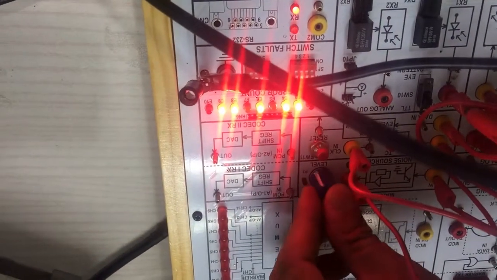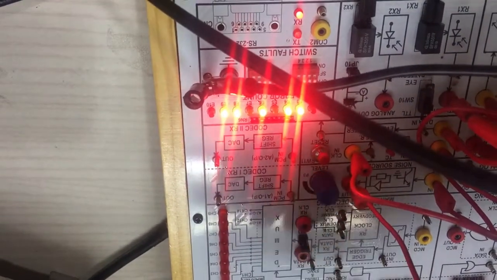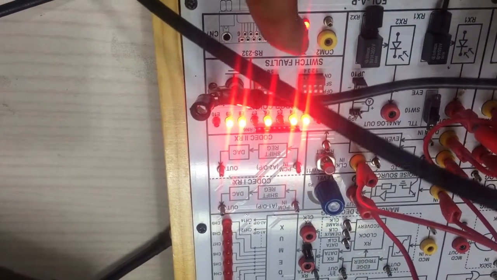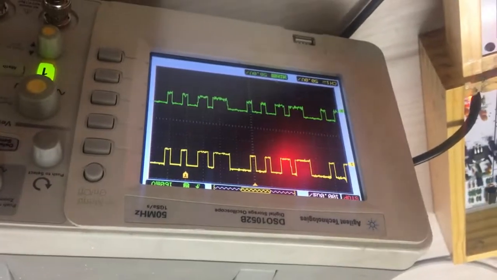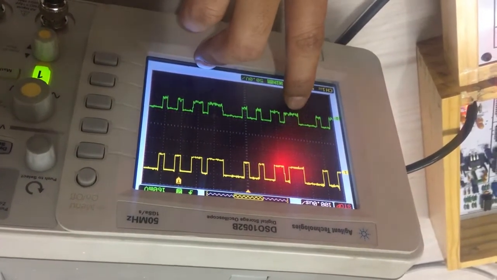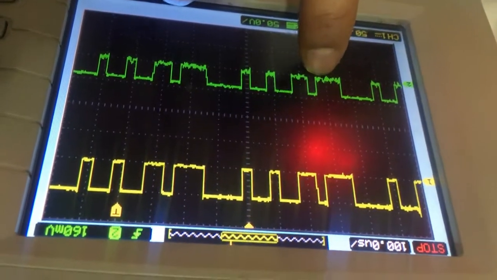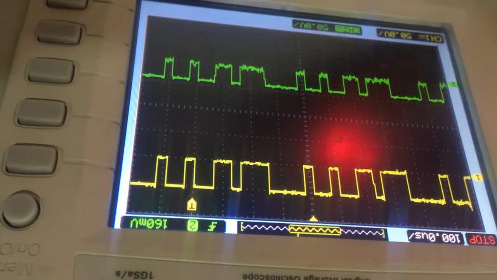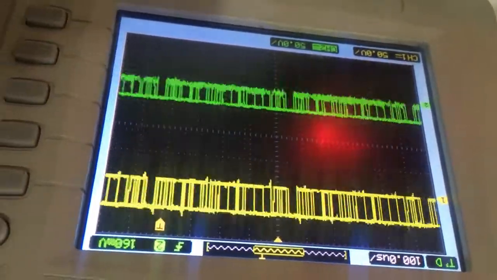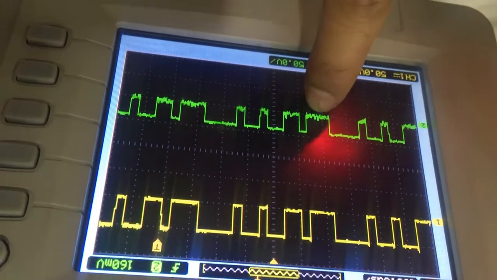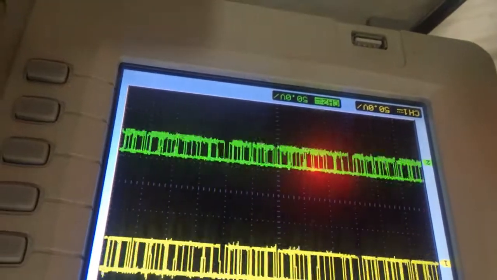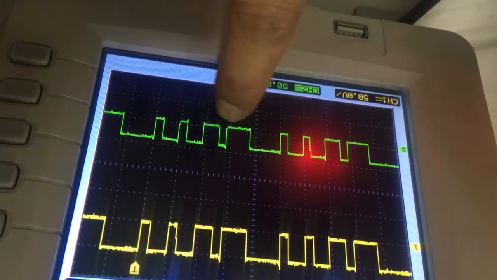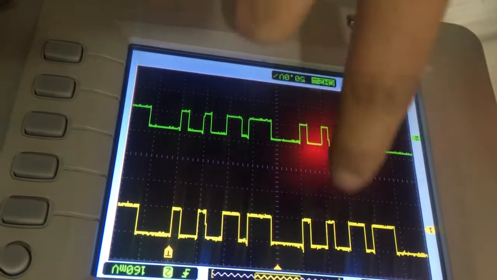Now let me take some middle value of this noise. Let me show you first the effect of noise. Just see, this one is the amount of noise added. So let me add further noise to it. Now you can see that there are many peaks of noise over here, and if I reduce the noise, then you can see there is no noise, meaning this output resembles the input.